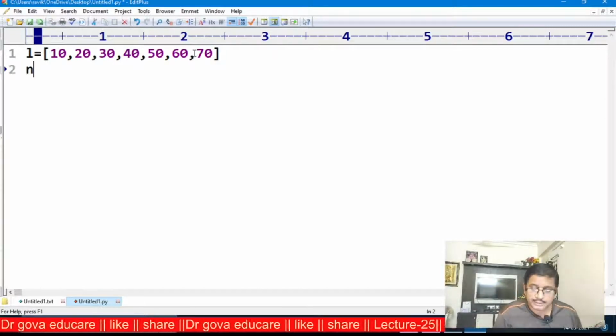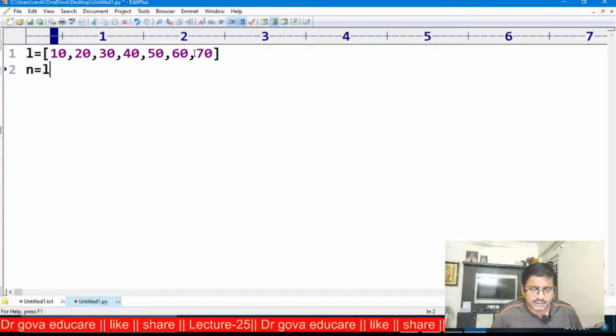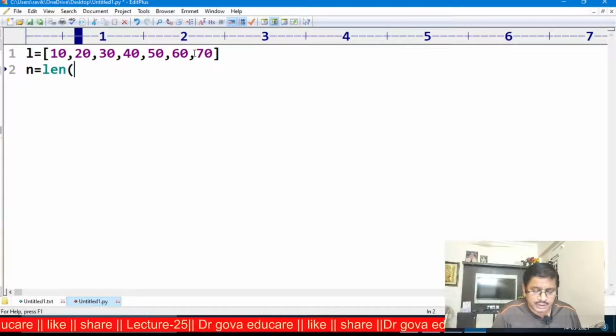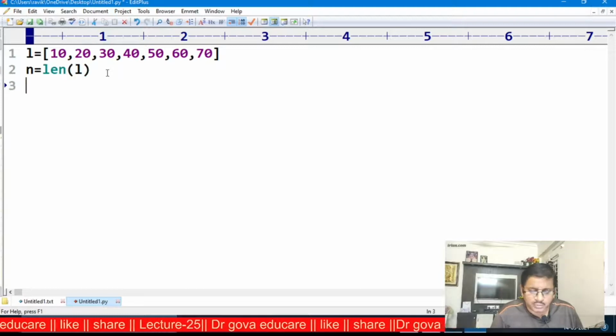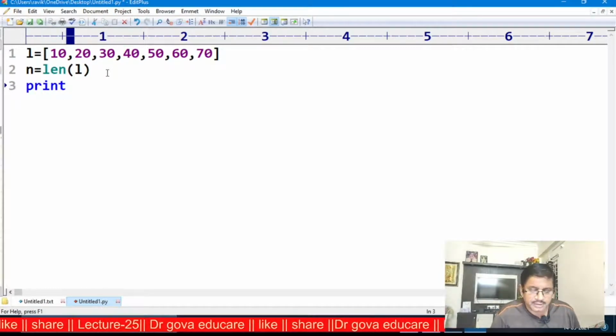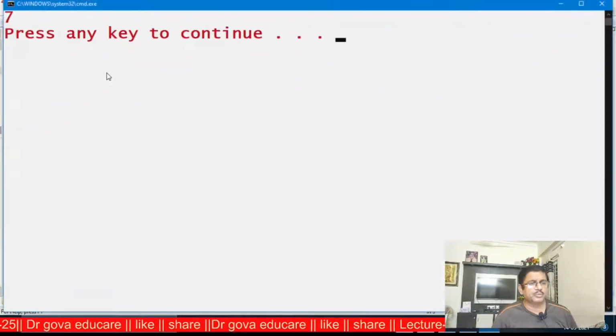I want to find the length of the list L. I am using the length function, len of L. The function returns the total number of elements in the list, and that integer is stored in n. Now I am trying to print n. Now observe the output: 7.